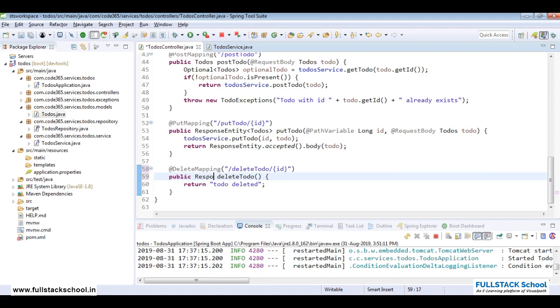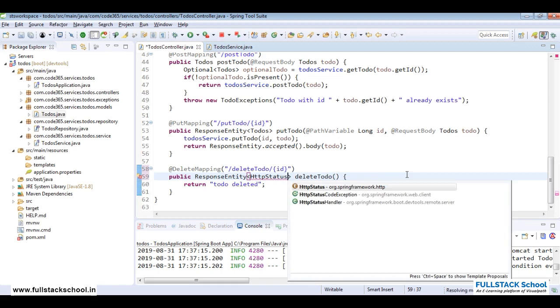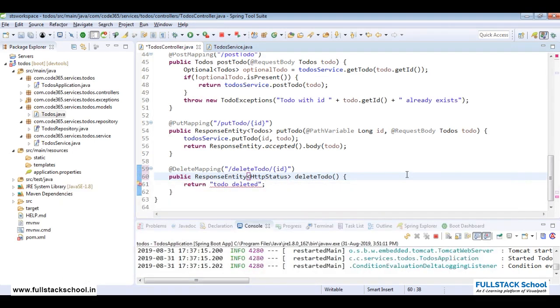Instead we say a ResponseEntity of HTTP status in it. We'll send a status, and we need to receive that value ID. So we say @PathVariable long ID. This way you receive that ID in here,